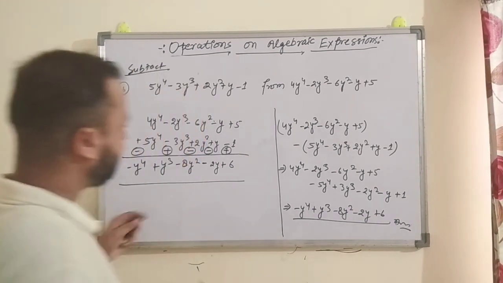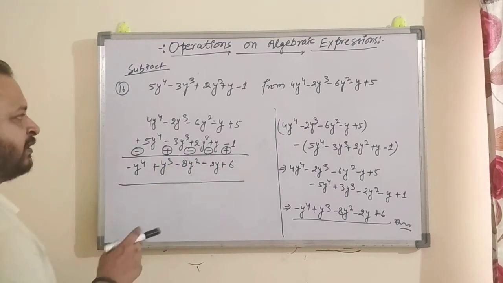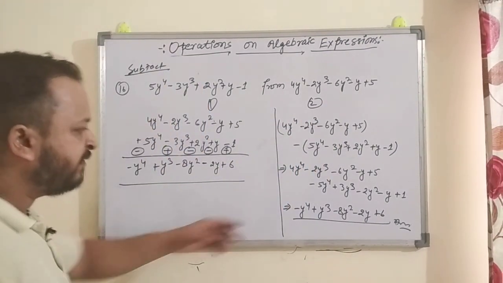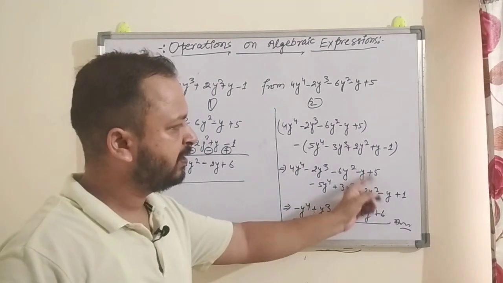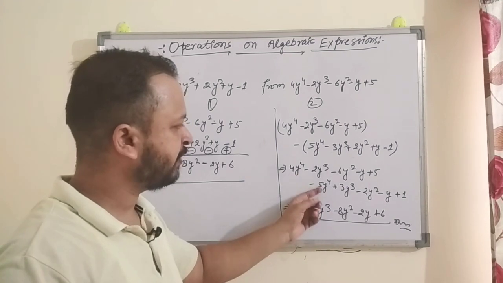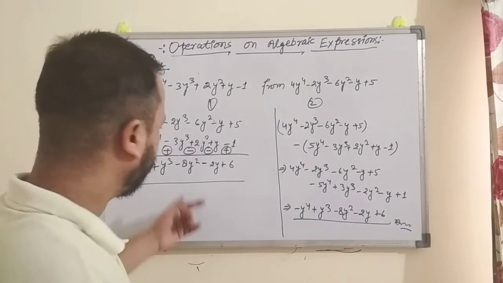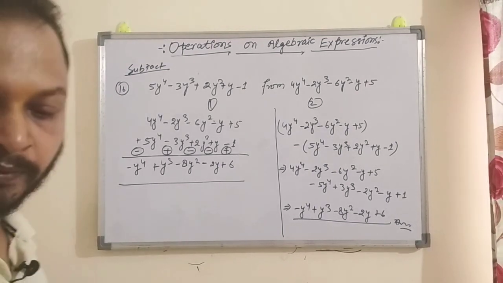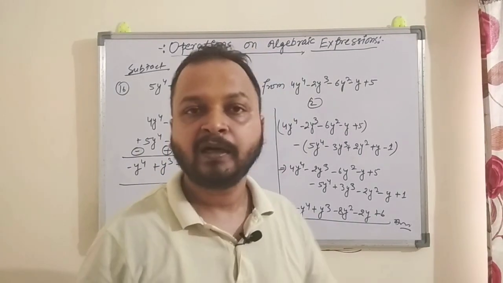So now you can see that we are getting the same answer in both the parts, right? So this was method 1 and this was method 2, right? I have done this directly, so you have to first make the pairs of each and every term of the same power. After that do this, right? Or you can do it by this. So this way you can do it, right? And try to solve the questions.